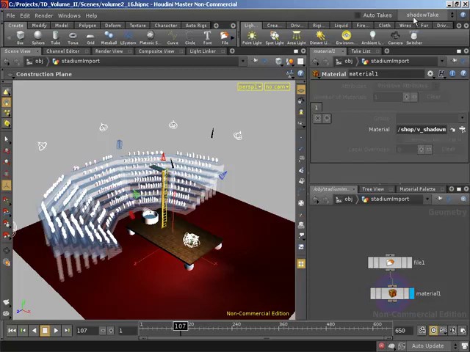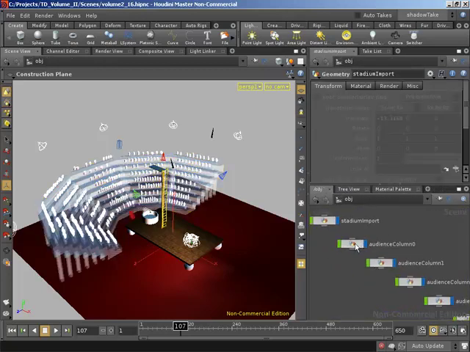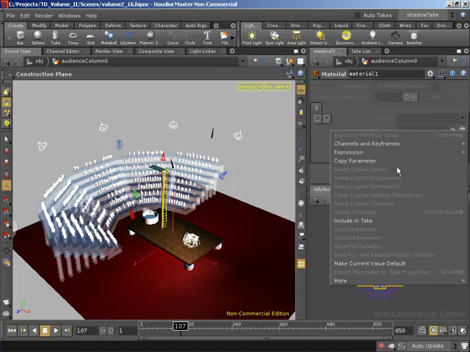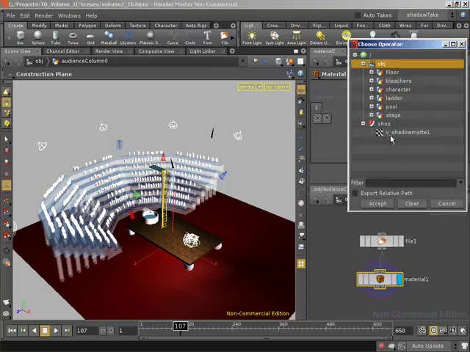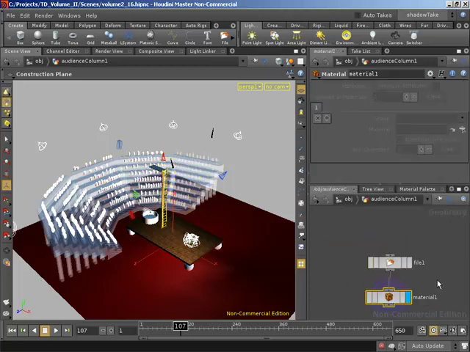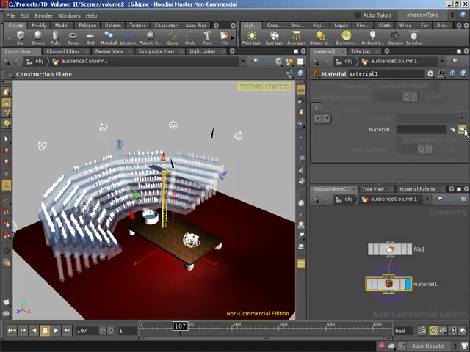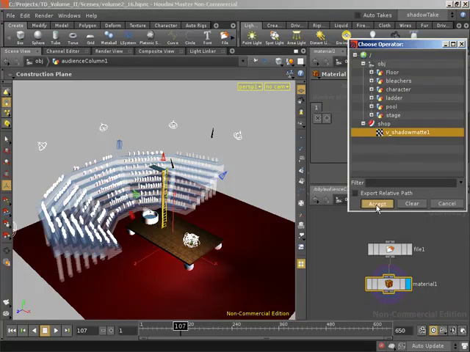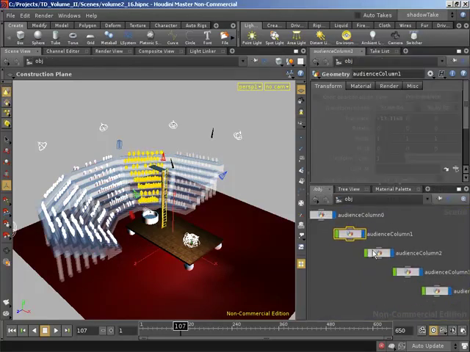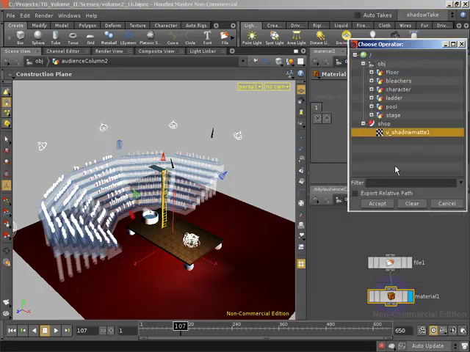So now, while we're still in the shadow take, we can go ahead and do the same for all of our other objects. So I'm going to jump down inside audience column 0, include that in the take, specify our shadow map, and accept. And you can see our audience has been included. Jump back up, jump down inside our audience column 1, include that material in the take, and set to the shadow map. I'm going to repeat this for the rest of our audience columns, so include in take, shadow map,